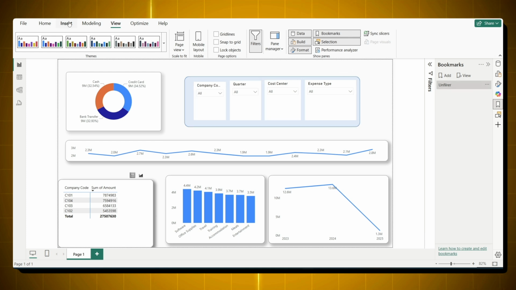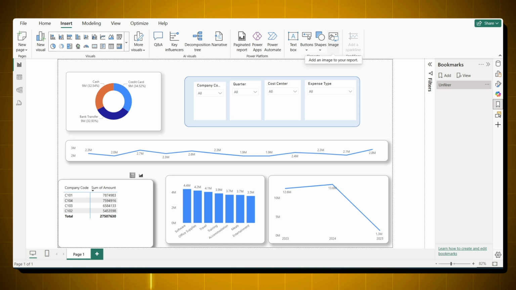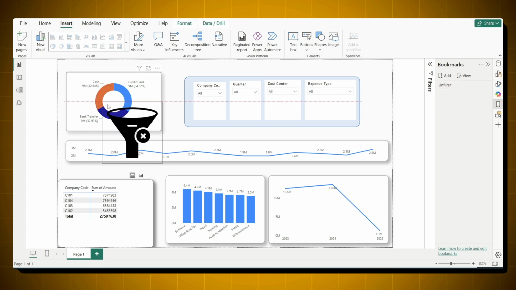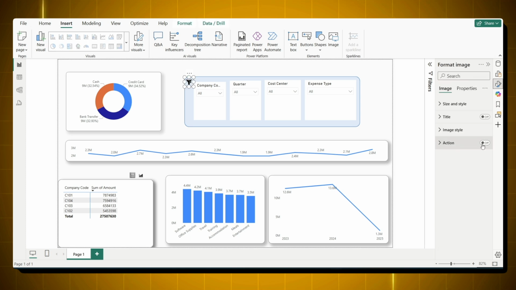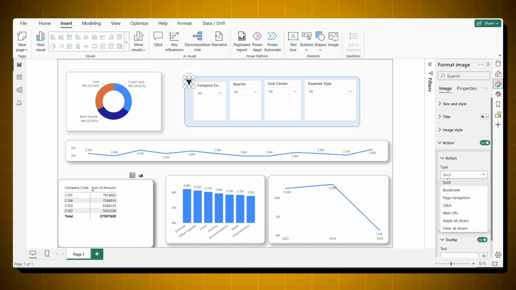To do that, go to Insert, Image, and select any image which looks like a filter, and this is selected. Now I'll make it a little small and get it here. I'll make it smaller and it's here. Now I will link the image to the bookmark. To do that, I'll just click on the image, come to the Format, in the Action button turn it on, do a drop down, type, you will select Bookmark, you will select your unfilter bookmark which you have in the bookmark, and now